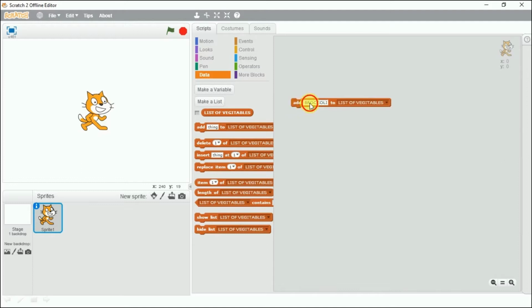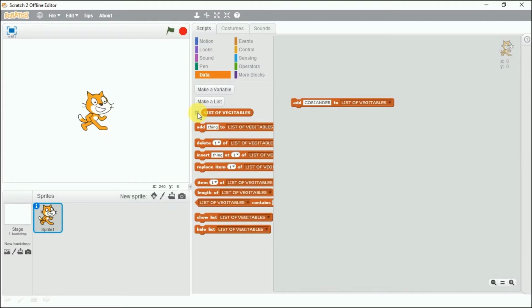And now cucumber, and add. Let's add coriander and click add. Now by clicking this button we can see the list. So we can see we have added 5 items. If I want to delete this list, I can click this button, and if I want to hide it, I can use this button.